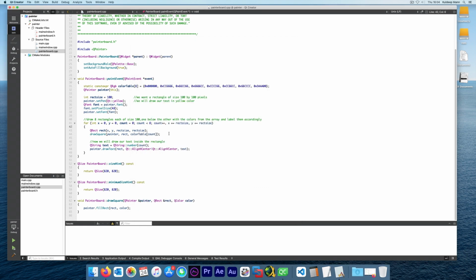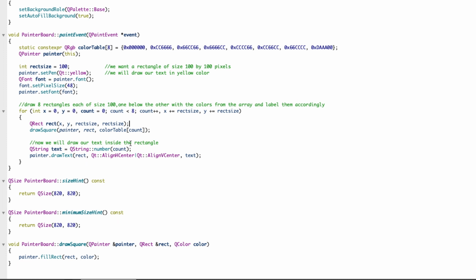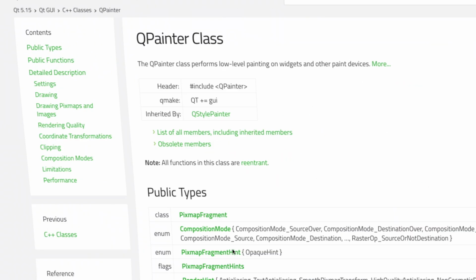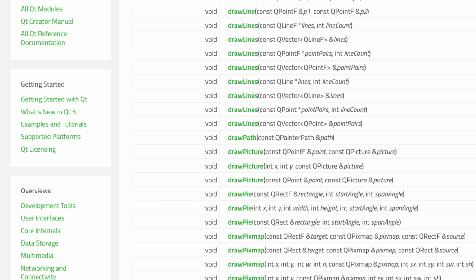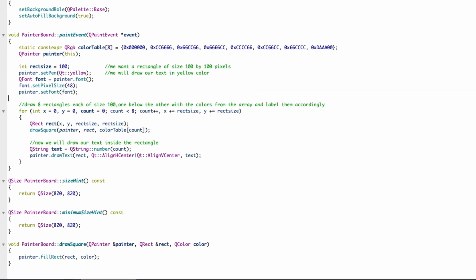So again, all we are doing here is creating a rectangle of size 100 by 100 and drawing the rectangle, and we call a method called drawText, which is available in the QPainter class. You can see the whole list of methods provided by Qt. That's where I got the method from, drawText, which just takes a rectangle.